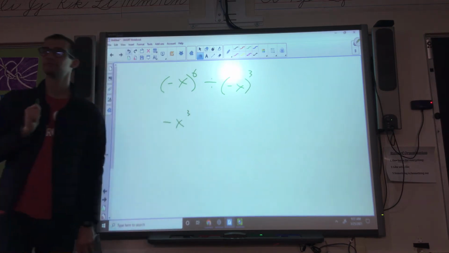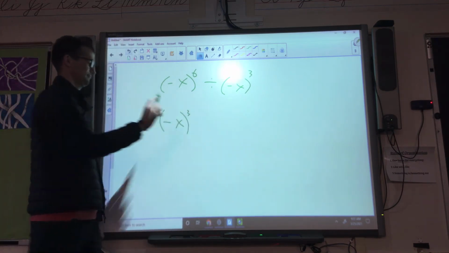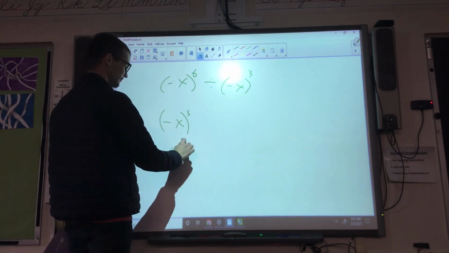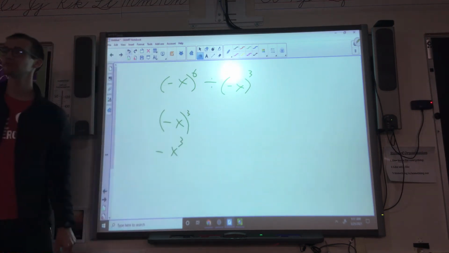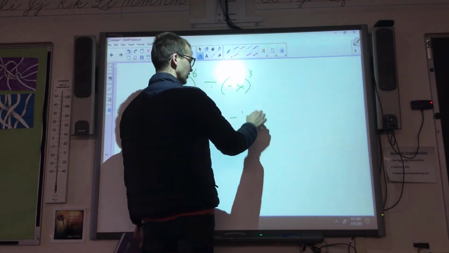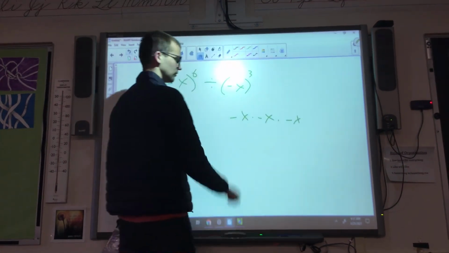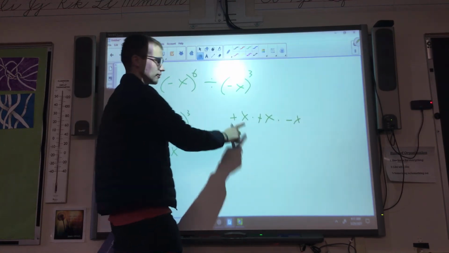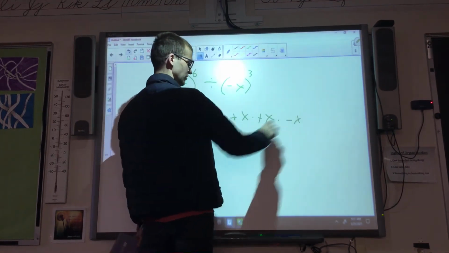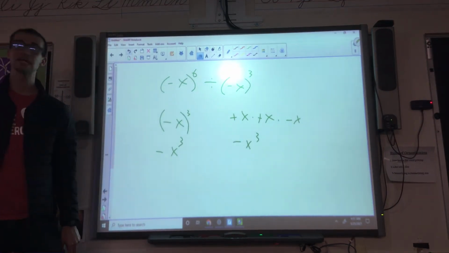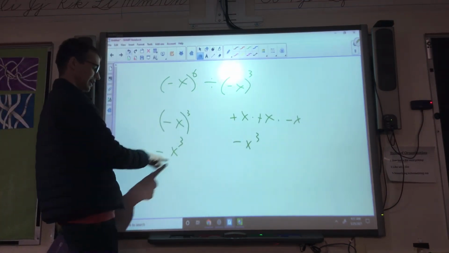I got it, with the parentheses around the negative x. Want to know a fun fact though? It actually technically is this. If you simplify it, think about it, it is negative x times negative x times negative x. Those two make a positive, and this is a negative, so it's x times x times x, x to the 3rd, and it's negative. So technically, if you would have said negative x to the 3rd, you would have had